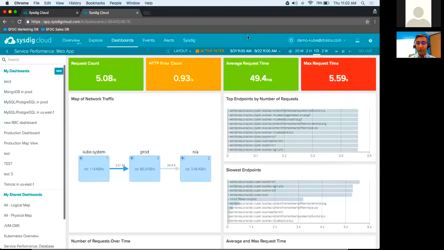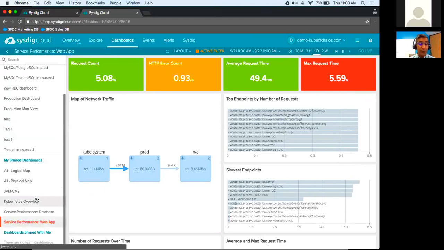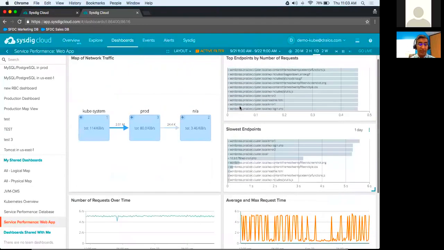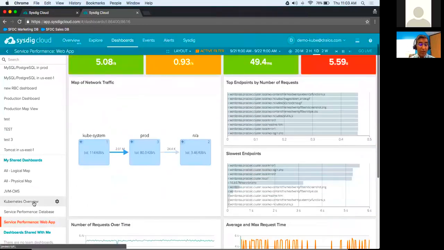Bay asked the question of what's the best way to see what services are problematic from the dashboard view. So you certainly can create a dashboard around anything that we've seen in the Explore view. So for example, here, we're looking at a web app service. And so this is a good way to assess how's my web app service doing according to what I was interested in.